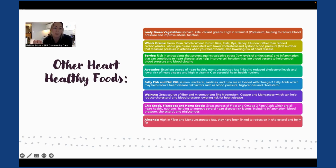And then whole grains are another great food for your heart because they are those complex carbohydrates. Germ and bran are like one of the top 3 best whole grains you can possibly get. And then there's whole wheat, brown rice, oats, rye, barley, quinoa. Quinoa is also a really good option if you like rice. It's something that I sometimes substitute, taking out rice and putting quinoa in, because I know how good it is for you. It has good fiber, it has a little bit of protein in it. It's just a really good alternative, and it has that same sort of consistency. So